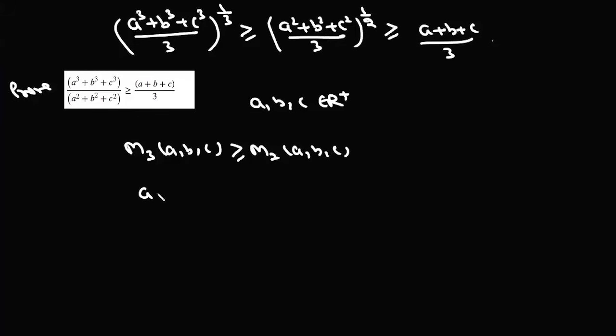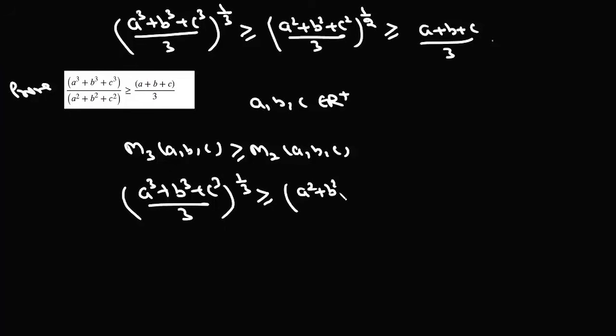So we can write ((A cube plus B cube plus C cube) upon 3) to the power 1 by 3 is greater than or equal to ((A square plus B square plus C square) upon 3) to the power 1 by 2. Now if we square both sides, then we can write